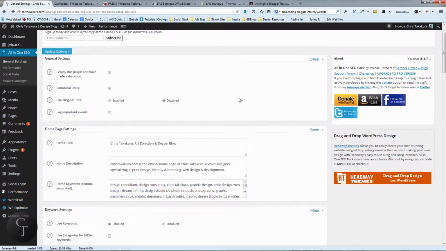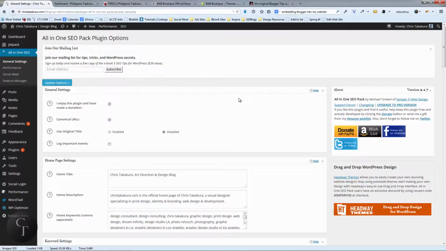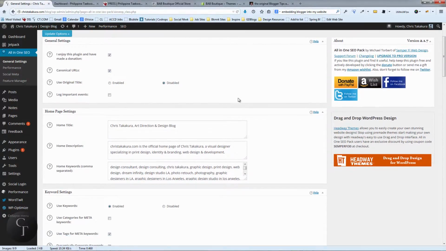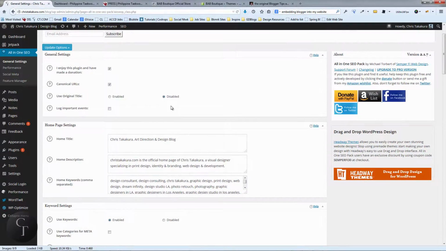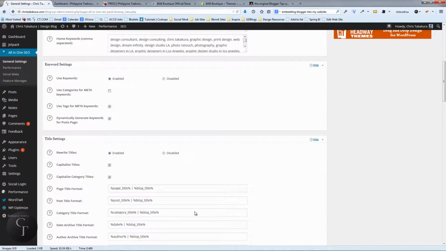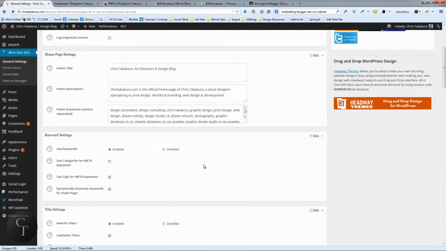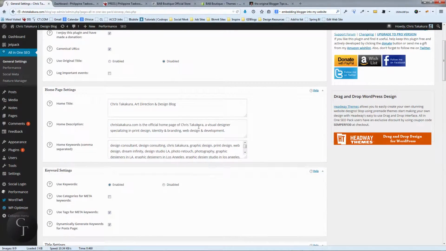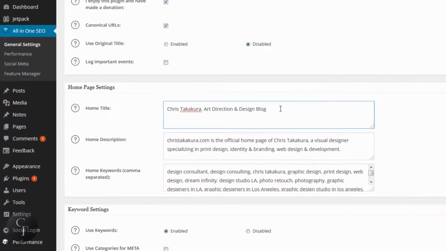Now, if you're not sure what you're doing, I strongly suggest you don't touch anything. But if you do know, then by all means you can mess with all the settings that are available for you. But I'm just going to go over 3 basic settings that you can change on your own and won't really necessarily break your website or break search engine results. So the first is the home page settings, which basically tells search engines